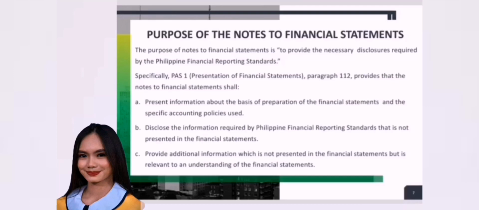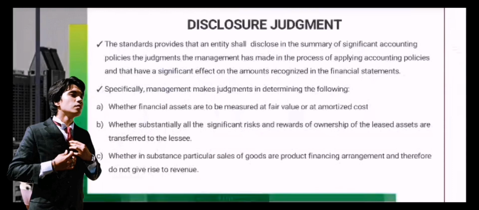C. Provide additional information which is not presented in the financial statements but is relevant to an understanding of the financial statements. Standards provide that an entity shall disclose in the summary of significant accounting policies the judgments management has made in the process of applying accounting policies that have a significant effect on the amounts recognized in the financial statements. Specifically, management makes judgments in determining the following: whether financial assets are to be measured at fair value or at amortized cost,